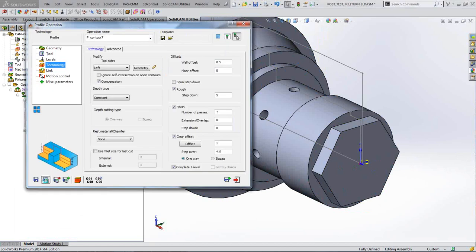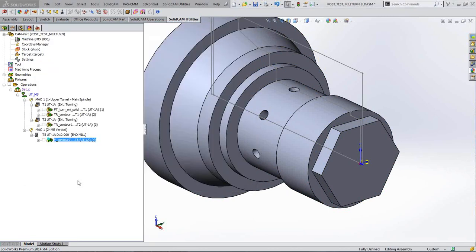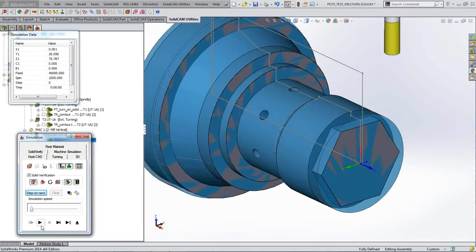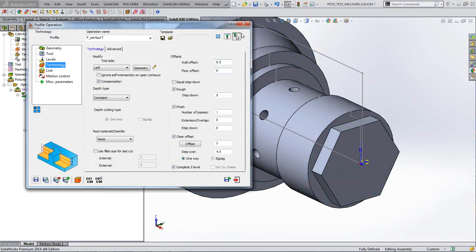Save and calculate it again. Just take a stamp on my machine. I'll simulate that again, and we can now hopefully see that it does it in the same way as it did it horizontally. There we go, with the finish at the end as well. You may not want to finish the end like that, but this is the way I'm doing it for time's